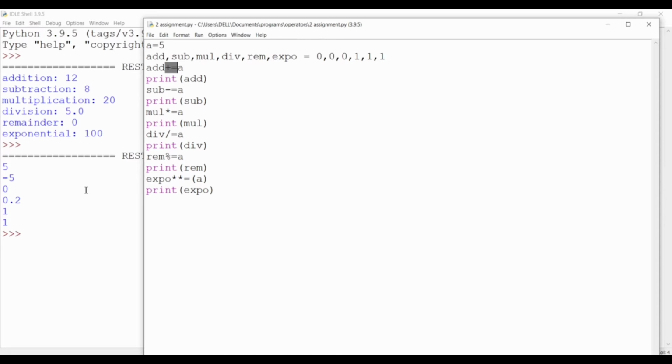So 5 divided by 1 is 5, and the remainder value is 1. 5 divided by 1 is 1, and the exponential value is 1.